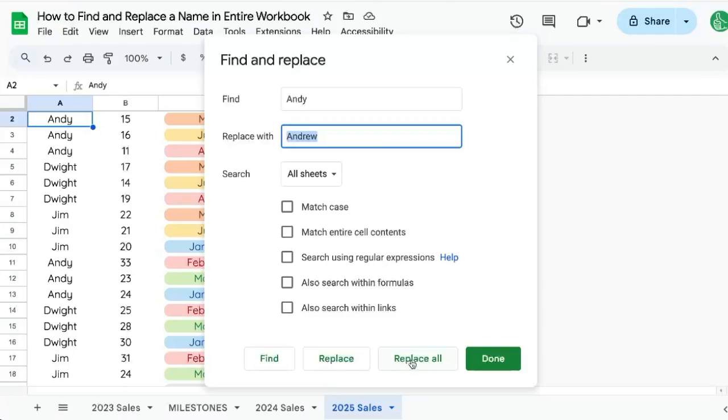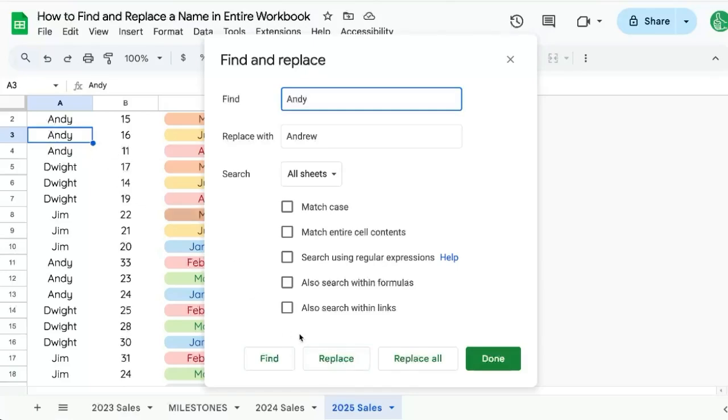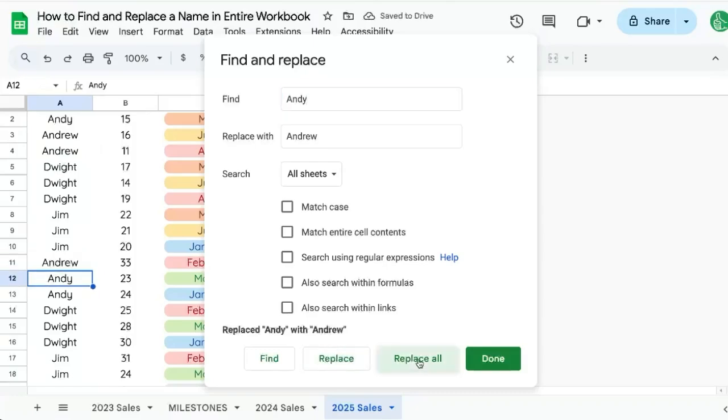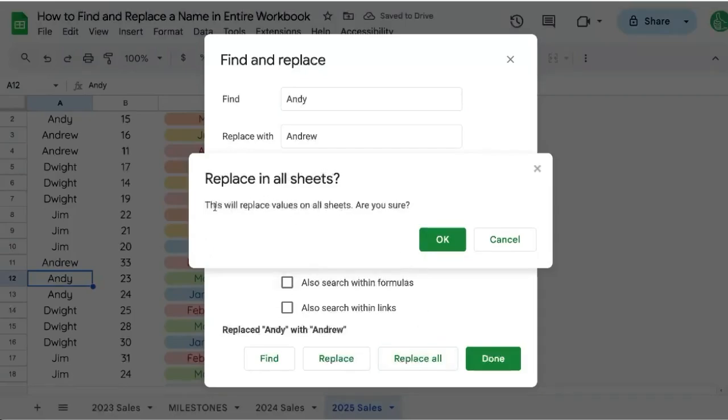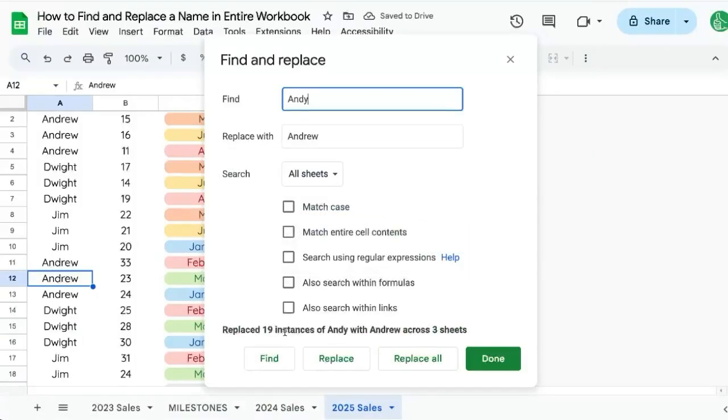is click Replace All. If I want to just do a few, I can click Find, and whichever one I'm on, I can click Replace. I can keep clicking Replace, but also I can just click Replace All. It'll ask me, this will replace values in all sheets. Are you sure? Okay. And then it'll actually tell me how many instances and across how many sheets Andy was